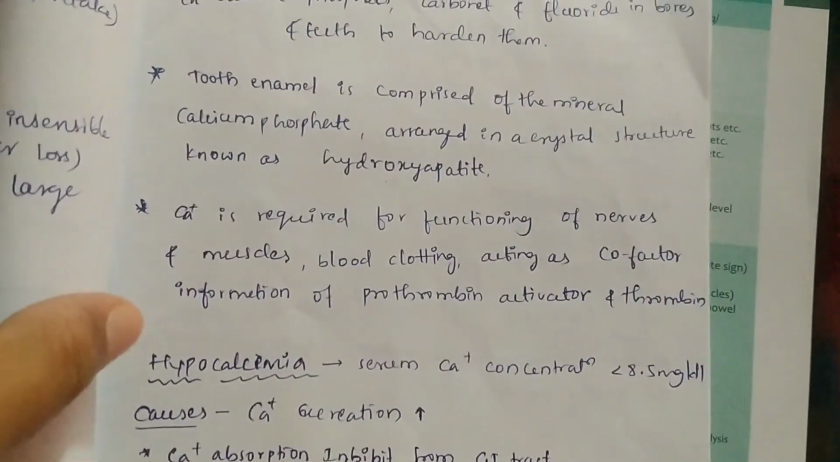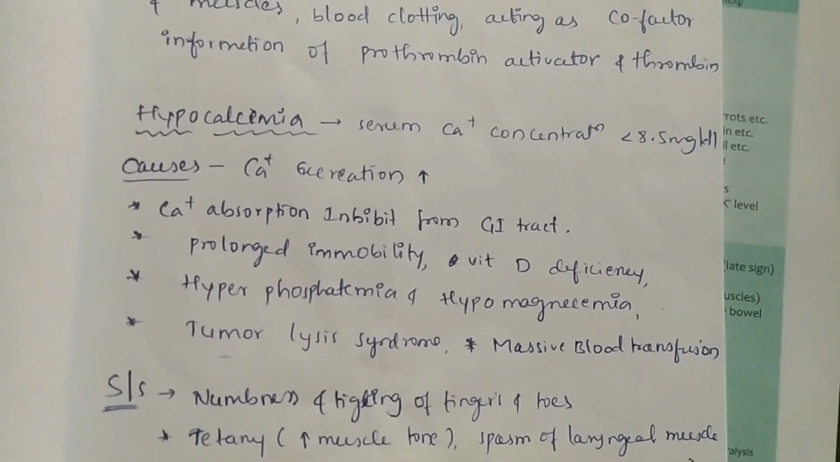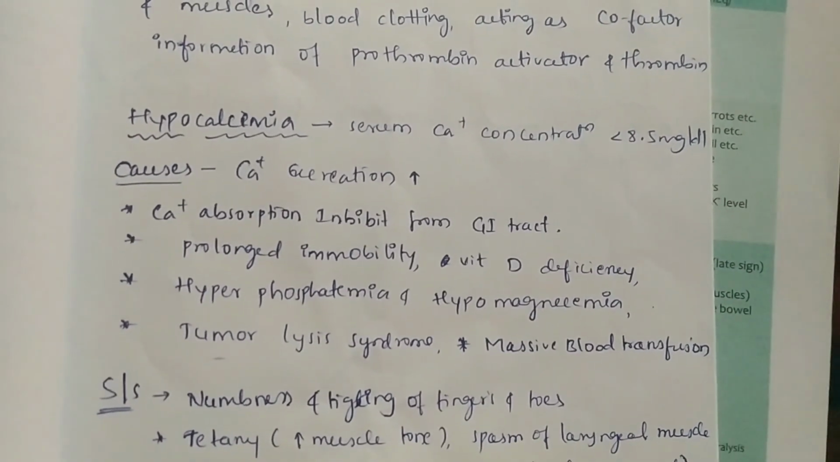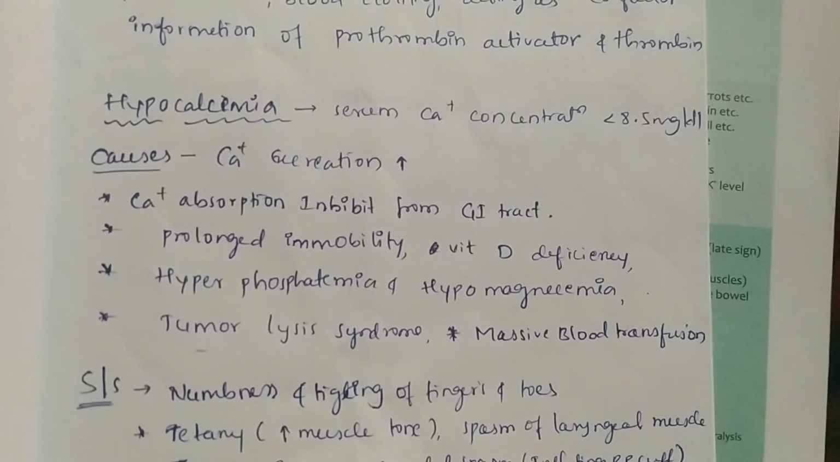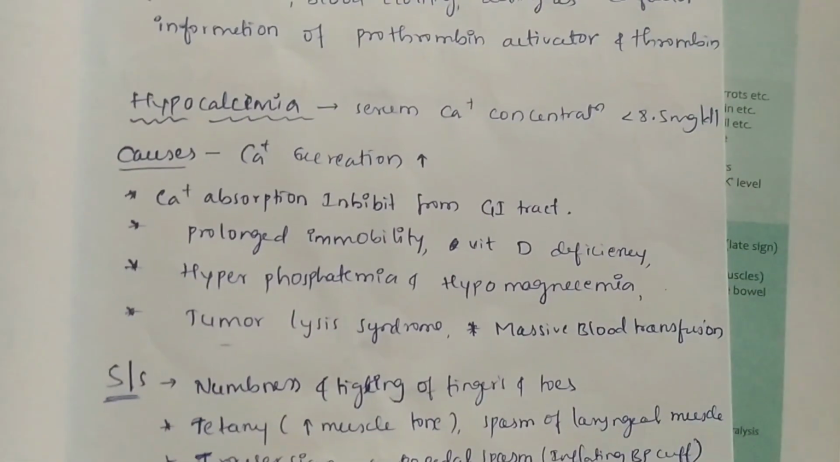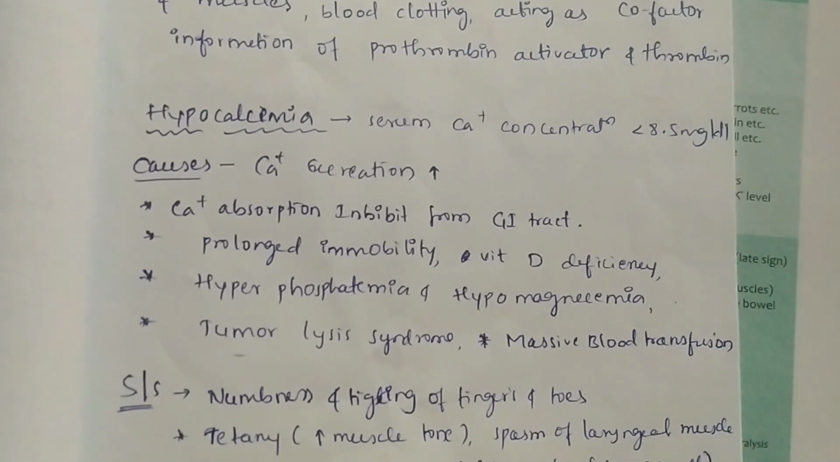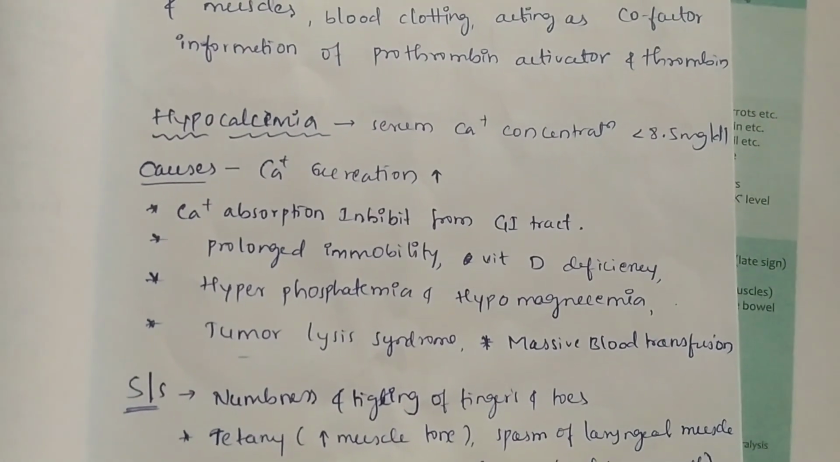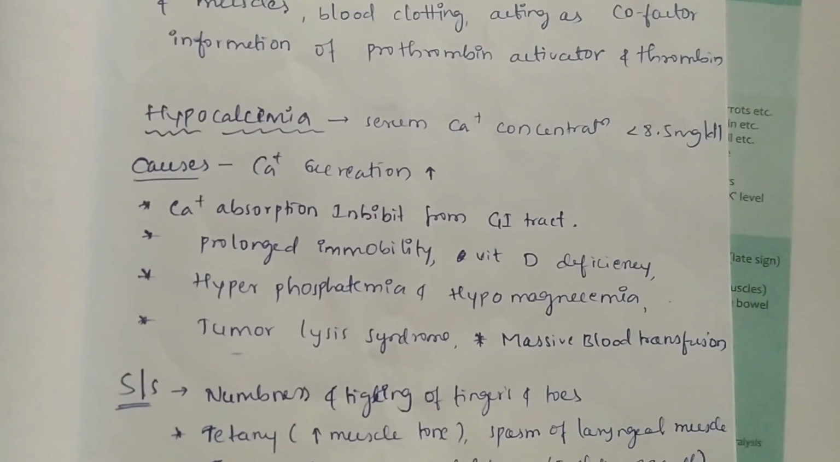Hypocalcemia. We'll observe two conditions when the calcium level increases or decreases. When the serum calcium level decreases to a concentration of less than 8.5 mg per deciliter, we call it hypocalcemia. Causes of hypocalcemia are increased calcium excretion, inhibited absorption from the GI tract, prolonged immobility, vitamin D deficiency, hyperphosphatemia,